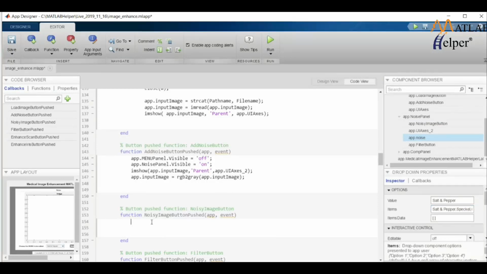We are creating a switch case. Switch app.noise.value